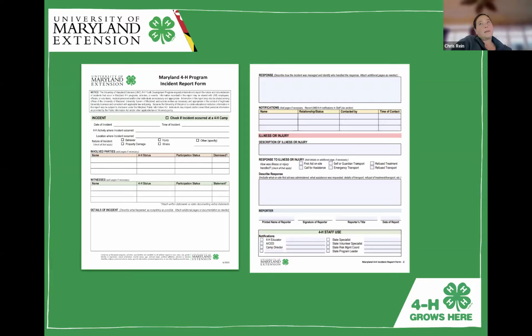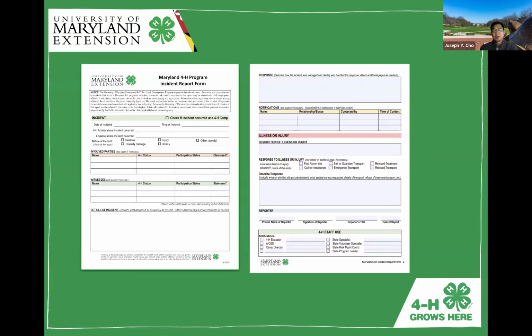And I typically ask the witnesses of an incident to also sign their documentation as well, just stating that that's their statement, how they saw it, and it will get attached with the incident accident report as well. If you have supplementary or complementary documentation that you want to attach to the incident report, you can also do that. Those may be like emails or photos or whatnot, just to give a clear understanding of the situation when